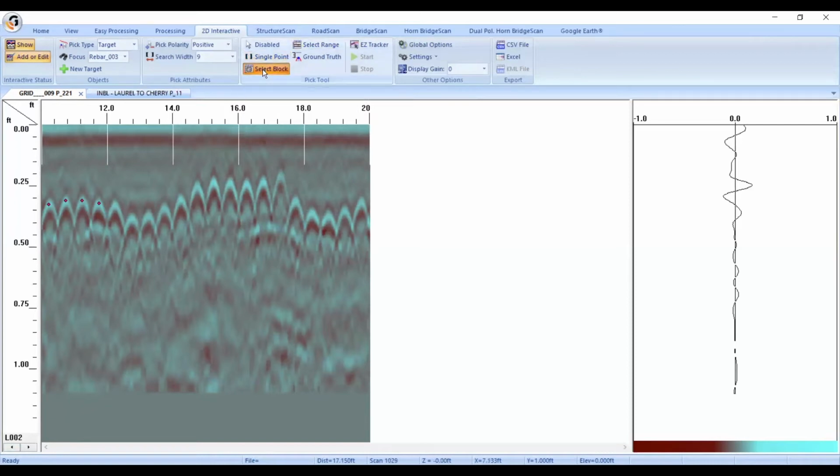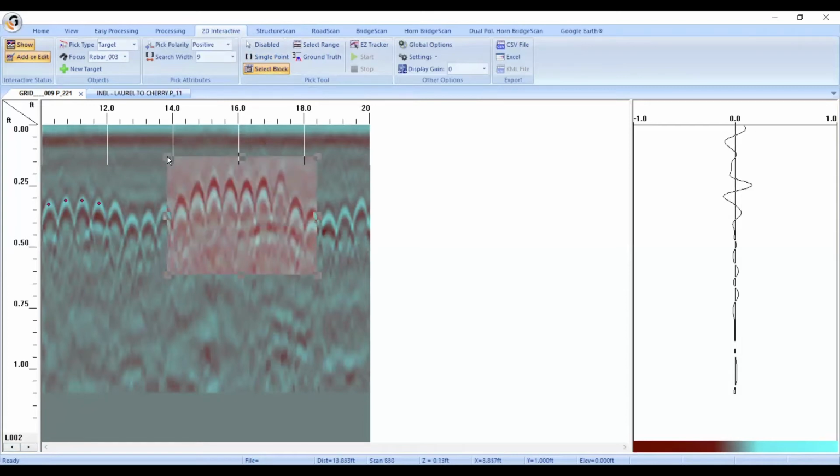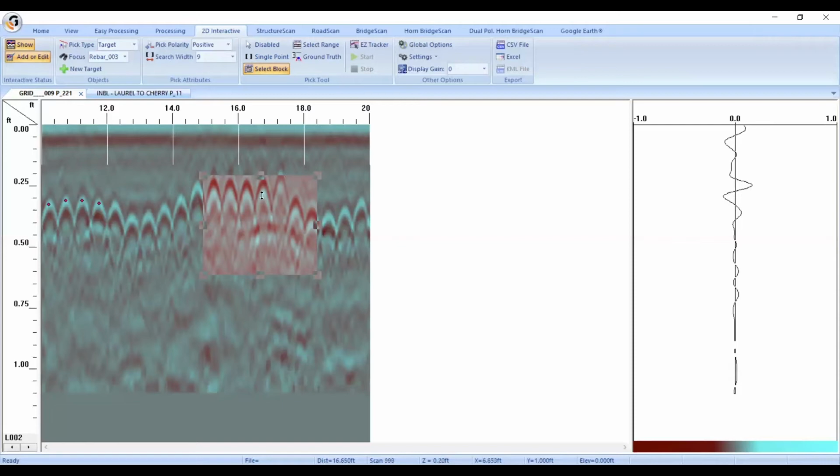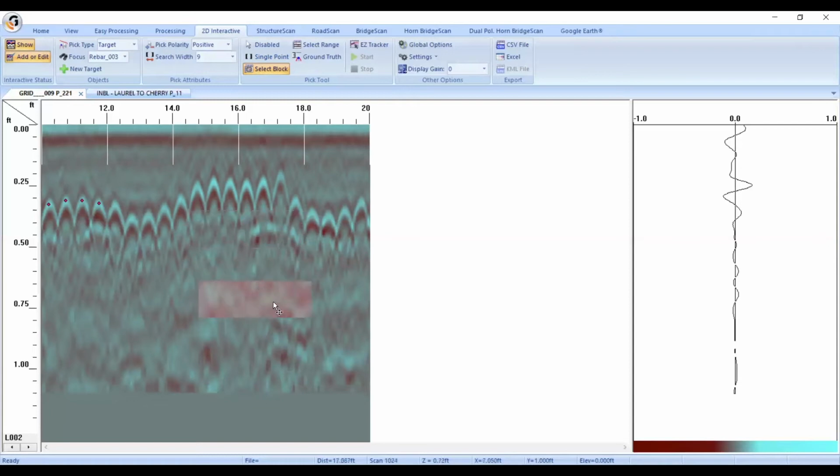So select block allows you to, once highlighted, click and drag on your file to generate a block. You can adjust the size of the block by clicking and dragging on these boxes on the corners, on the sides, and on the top and bottom of the box. Now, in order to get this to work accurately, what I want to do is make this box as narrow as I can so that it's running just along the peaks of the hyperbolas